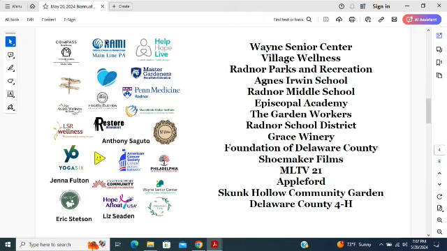You'll see on the left a bunch of organizations that joined us at Wellness at the Willows. Wellness at the Willows is a free community event we hosted a few weeks ago. We had 16 30-minute health and wellness classes, and 25 tables giving out free health and wellness resources. So it was a great community event.